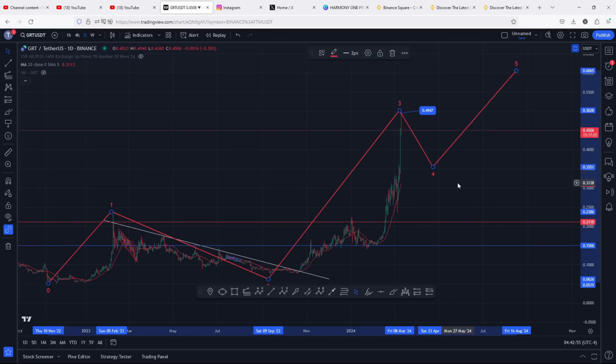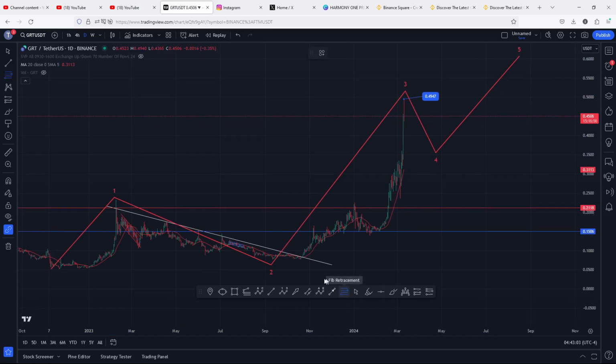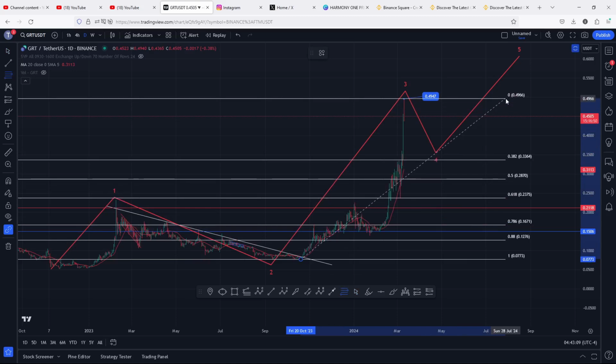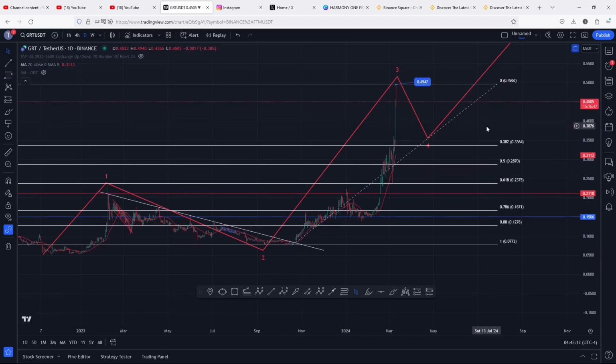And the minimum target areas, assuming that we have a high in place in the formation of this wave 3, can be given using the Fibonacci's, connecting the Fibonacci's from the low of the second wave to the high of that wave 3, giving us a minimum target area back to the area between the fib level 0.382 and the fib level 0.5, and that is between the 0.3364 and the 0.287, which is the area that I have highlighted here on the charts. So in case in the next coming hours we see a bit of a pullback, which can also be attributed to BTC giving us a pullback also, this is the area that we need to watch